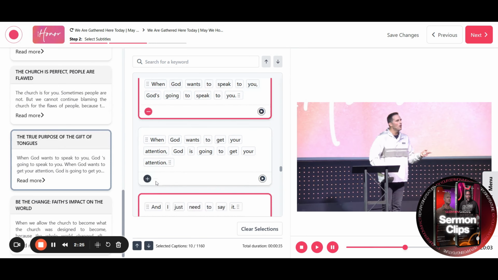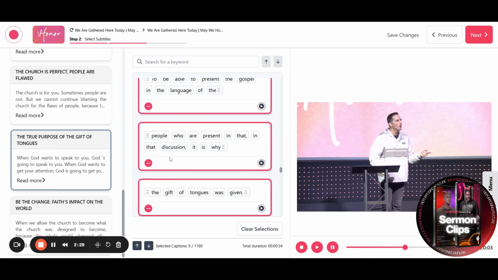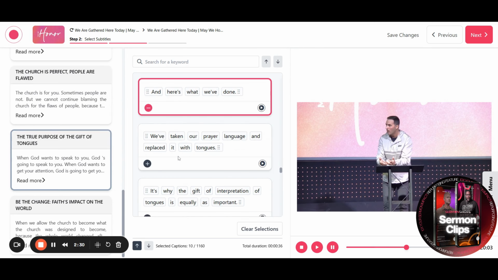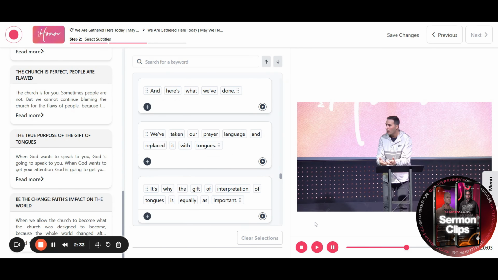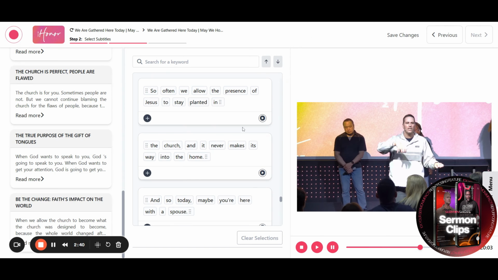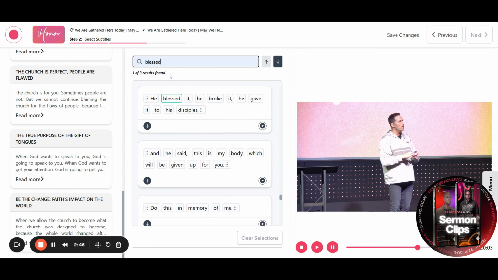So if you want to take sentences out of our suggestion or you want to end the thought differently, you can still do that. You can also build manually, and you can do that a couple of different ways. You could build from a timestamp. Just scroll on the video to the minute and second you want, and the transcript will meet you wherever you stop. Or you can search for any word and we'll let you know how many times that word was found,